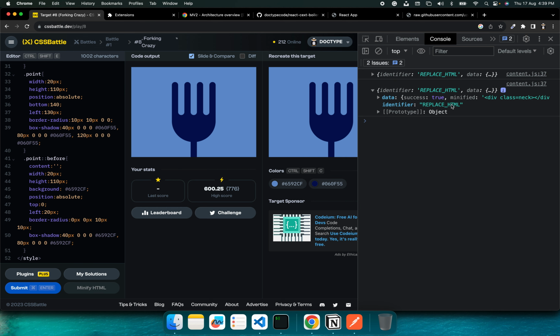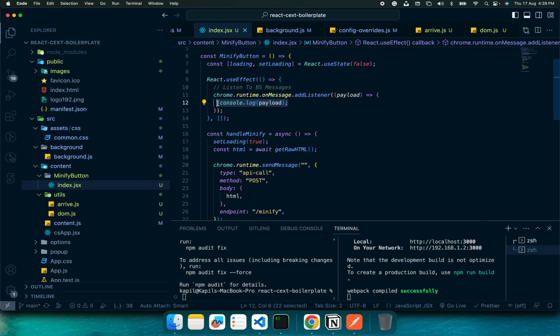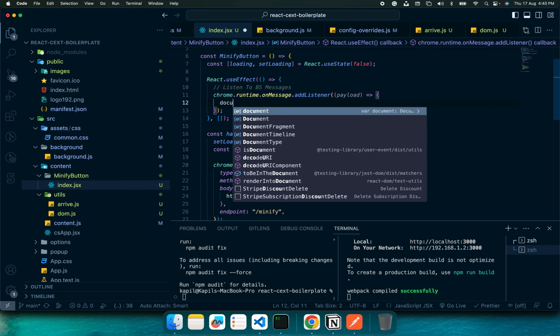Now all we need to do is just replace this text in our DOM. So let's do that. So instead of printing it directly, what I'll do is get this container where the entire solution is. Now to get this container, I need to select it. So where it is, it is actually the text box that we have been referring to. So let's do that. So I'll write document dot